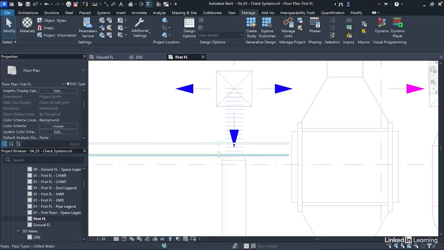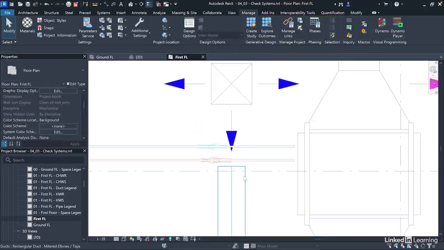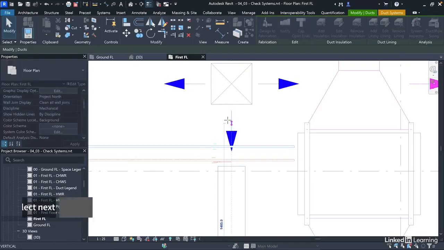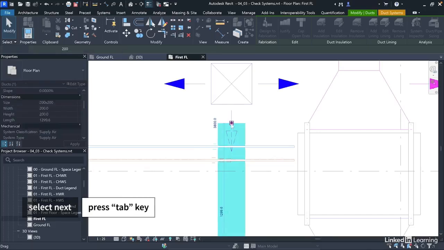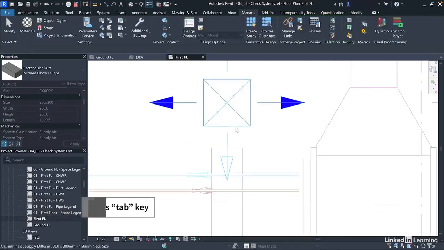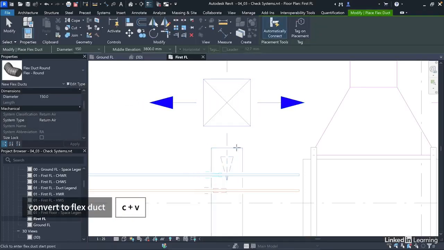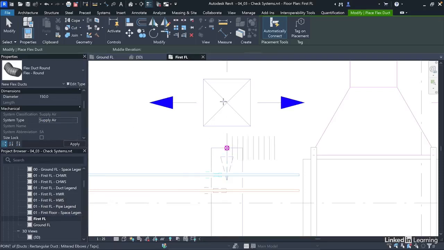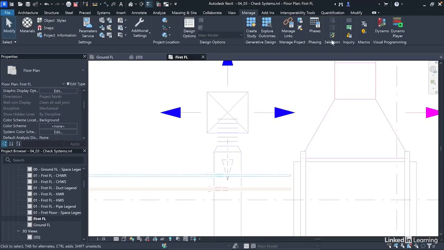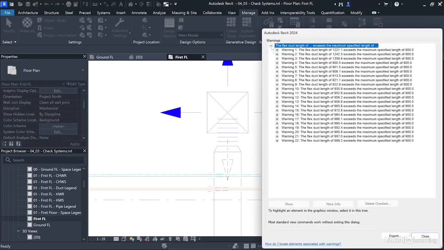So now the way we can fix this is I can delete this flexible duct. I can delete it and also delete this transition. Then I can bring this duct closer to the fan coil unit. Also, sometimes I have to tap tab so you don't select the fan coil unit. Although this is quite too close, but now I can activate the flexible duct command. You can type FD. Then I make sure that this is supply. I make sure that the system type is correct, supply air. And now I can complete this connection with a shorter flexible duct. So now when I go back to this place, you see that this is no longer 23, it's now 22.